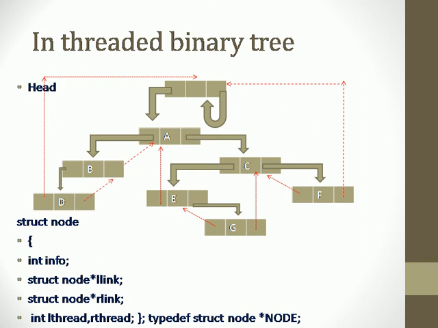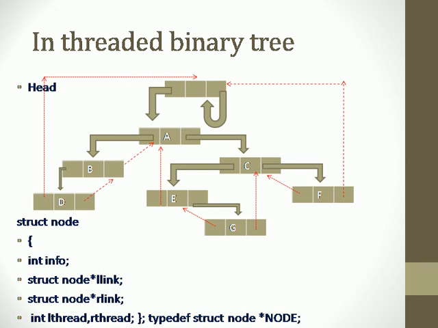In the previous slides we have shown you both types of threading, right in threading and left in threading. When we perform both together in one tree, that particular tree is called an in threaded binary tree, where the in order sequence is used to have the left in threading as well as right in threading, so that both threadings are combined in the shown figure. That is, F is having its right and left link null, so they are joined to their successor and predecessor node. Similarly, G is having its right and left link null, and threads are created to join to their predecessor node and successor node.